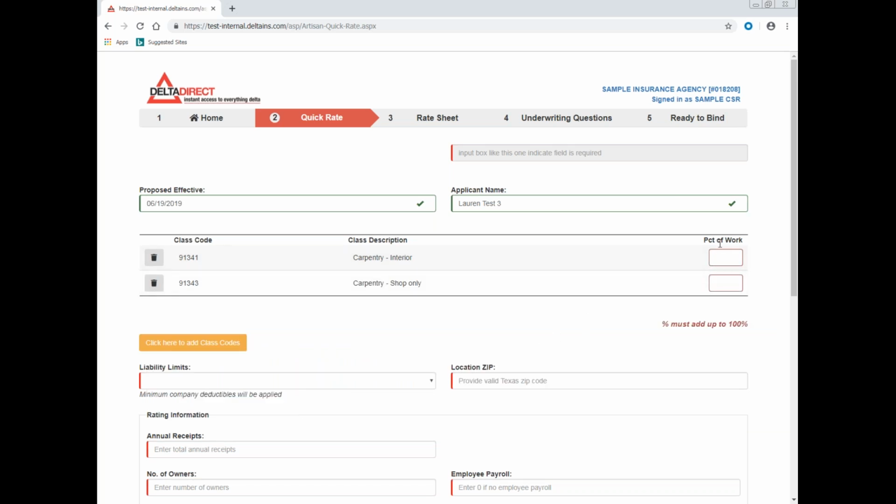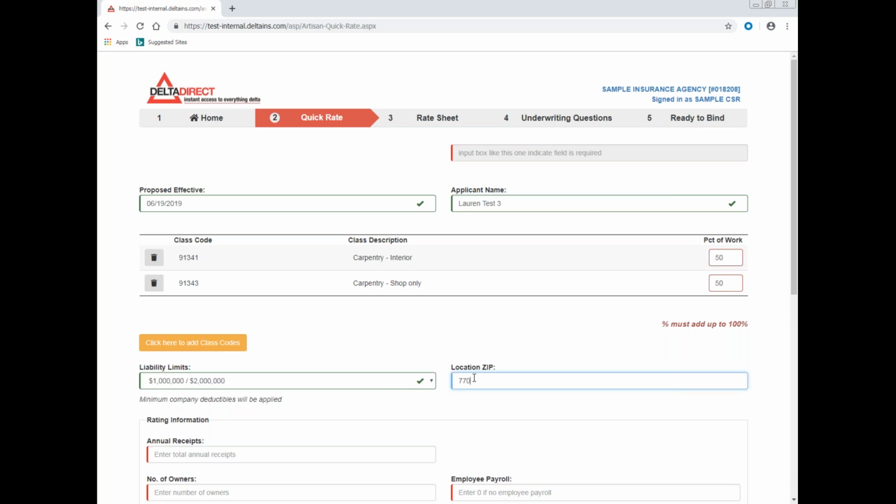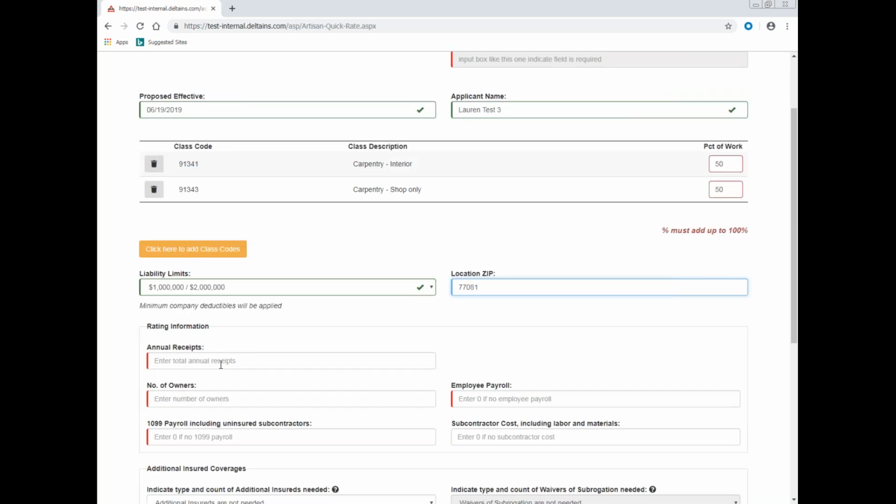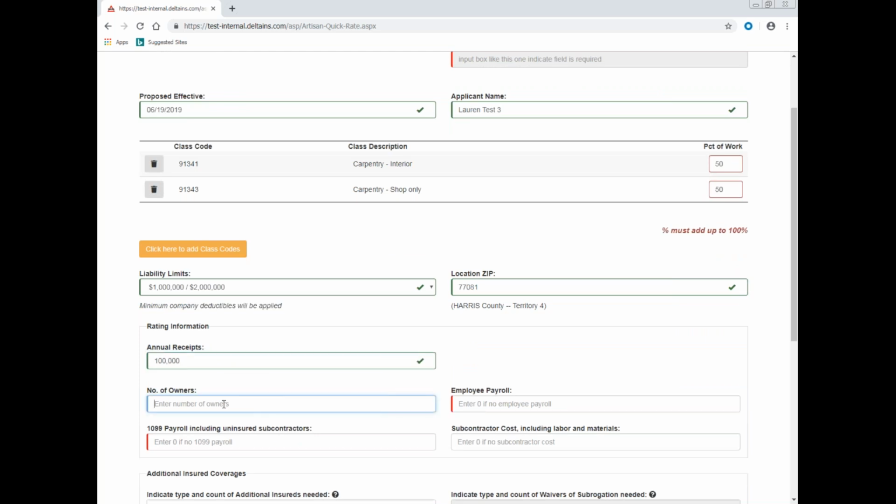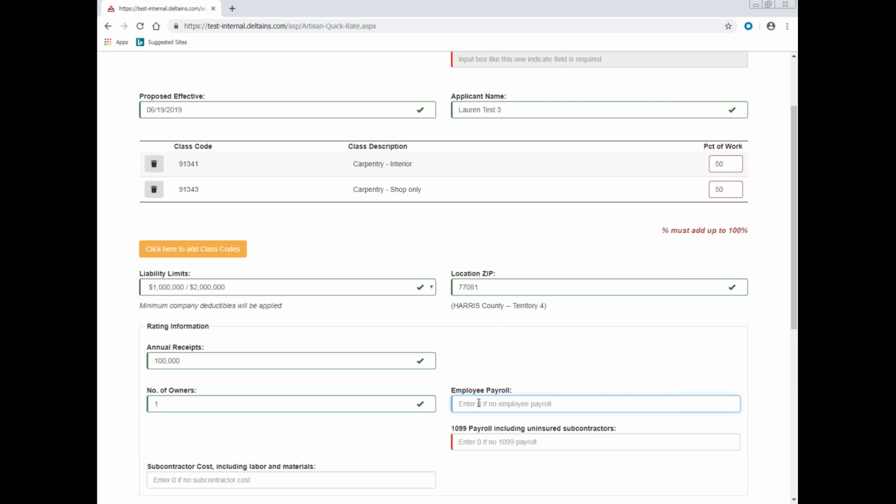On the right, it asks for the percent of work. This percentage must add up to 100%. It will not let you move forward if it doesn't. You'll select your limits, your location zip code, enter in your annual receipts, your number of owners, enter your employee payroll,